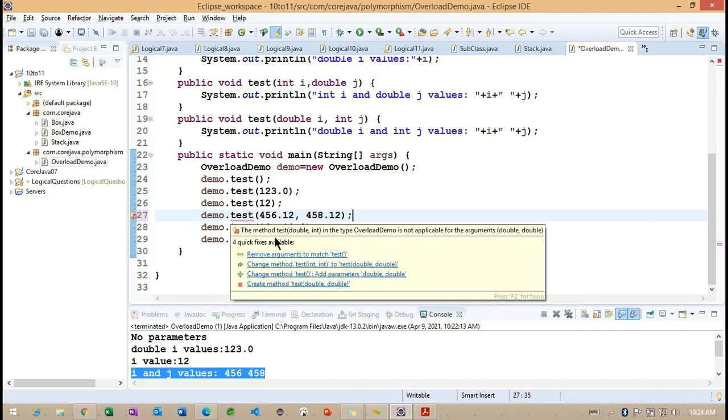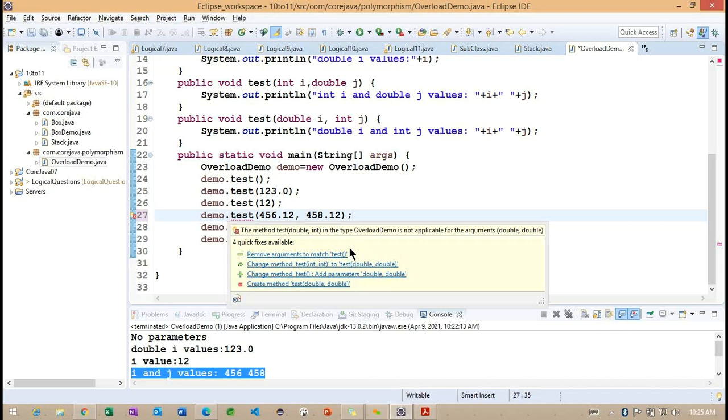Now you can see it gives an option to remove the two parameters to match the default method, or otherwise change this particular method into double, double. It gives one more option: create one more method with two parameters, double and double. Otherwise, you can change the default method to double and double.